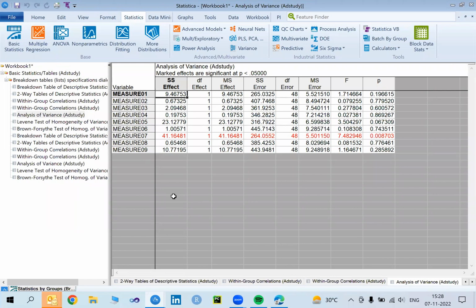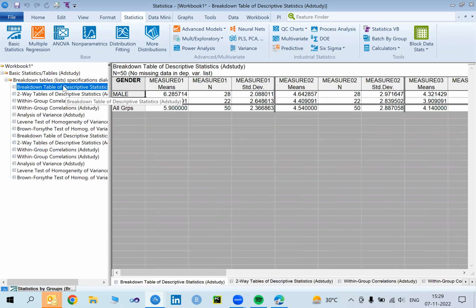The value of measure 7 is significant. Measure 7 out of this questionnaire, 1 to 9, plays an important role, or this is one of the appropriate questionnaires to study our hypothesis about this bias. So you get all these things, you get an overview of